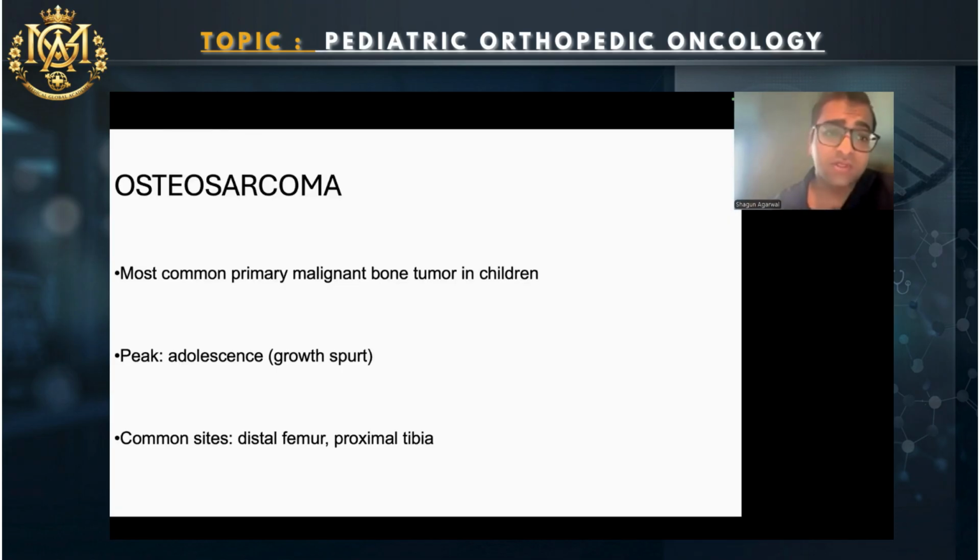Now, coming to osteosarcoma, this is the most common primary malignant bone tumor in children. It peaks during adolescence when there is a growth spurt, and the second peak is in the late 60s. But it is curable when it occurs in adolescence. The common sites are the distal